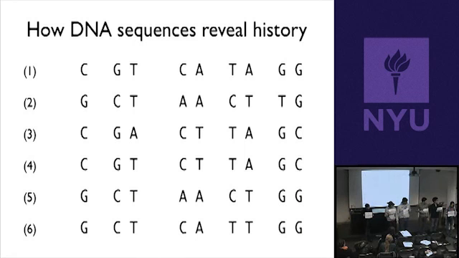So how many differences do 1 and 4 have? They have 2. And how many differences do 1 and 3 have? 3. Okay. And so this is the right way to think about it. So now 1 looks similar to 3 and 4. Okay. What about 6? What does 6 look similar to?